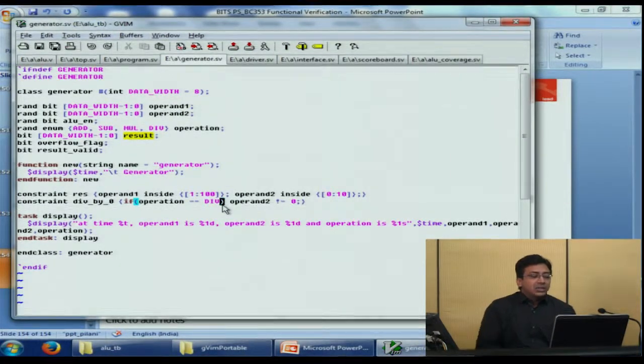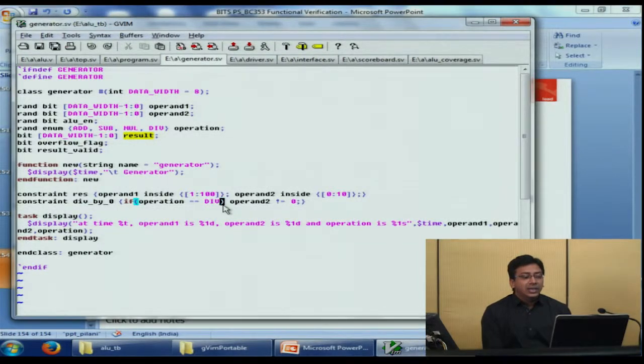If we check constraint 2, it says that when the operation is division, operand 2 shall not be 0. It means that the operation shall be selected first. Does it mean that the value of operation shall be selected before selecting the value of operand 2?